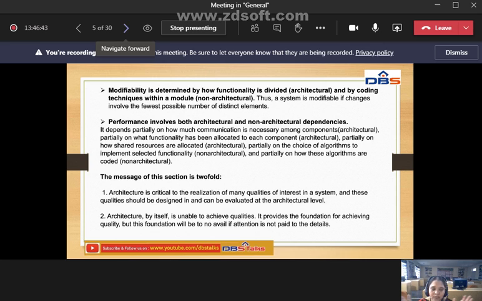So when you are using these components or elements, they are interfacing together, they are communicating together, not directly, but as we learned already, we are using pipes for interfacing. That is architectural. Partially on what functionality has been allocated to each component, that is architectural. Also partially on how shared resources are allocated. This is also architectural. Partially on choice of algorithm to implement selected functionality. This is